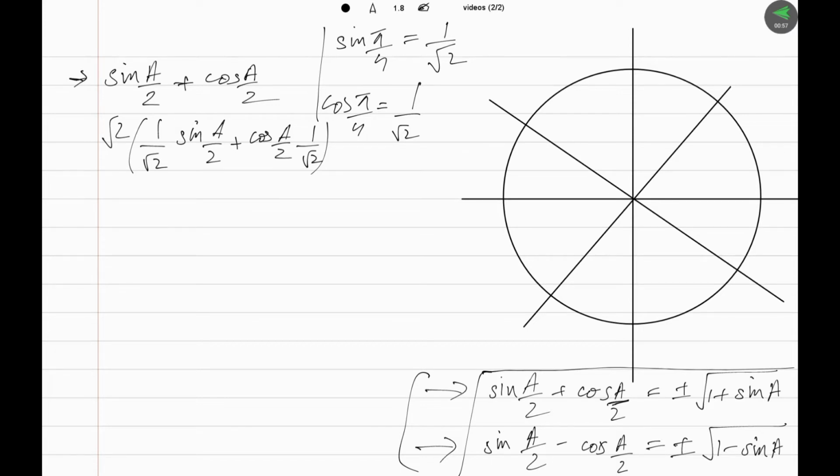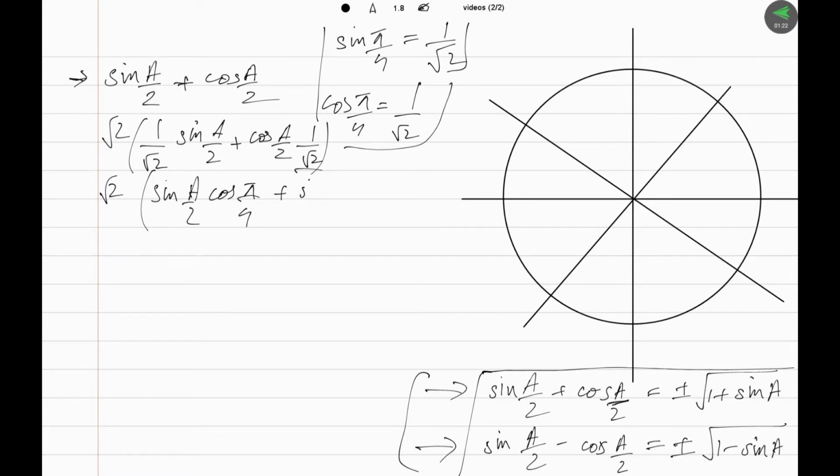Now if we rearrange this and write the 1 over square root 2 as cosine pi over 4, and then write this second 1 over square root 2 as sine pi over 4,